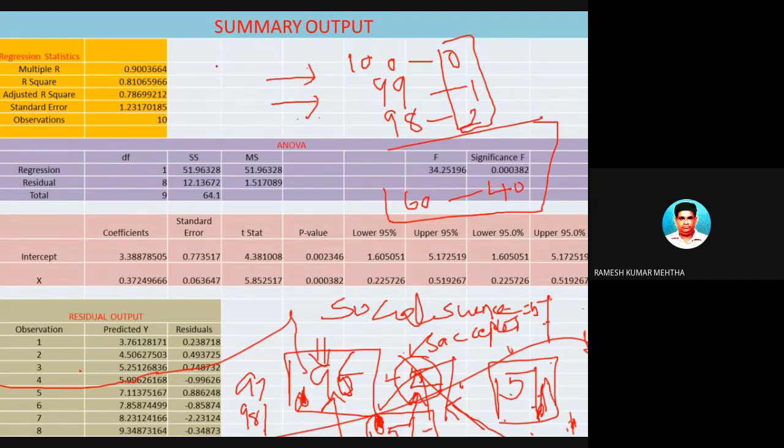So I hope you have understood whatever I tried to explain. I will give you one more explanation, with which you will understand, because the significance level has to be understood properly by everybody. Significance level has to be understood. So I will just wipe out. Now, another example I will give you.